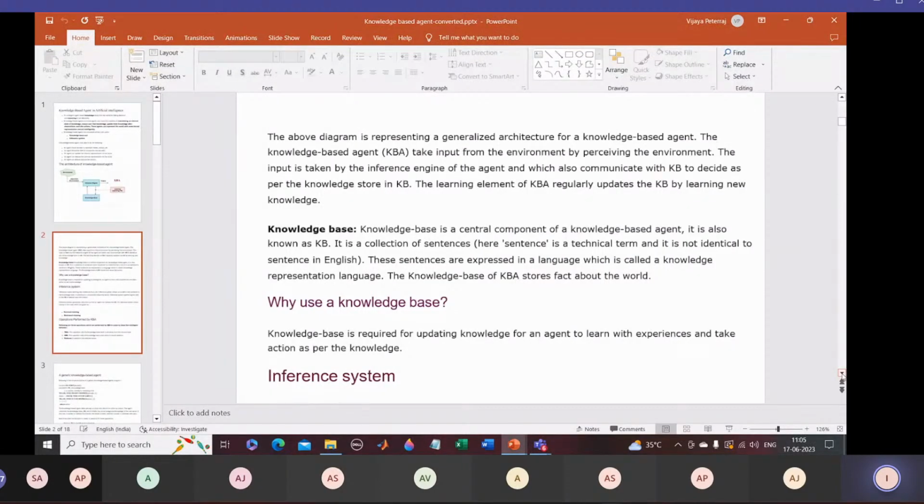It also communicates with your KB. Okay, it's because it has to look into the knowledge stored in the knowledge base, and the KBA will regularly update this KB by learning new knowledge. So what is the knowledge base? It's a central component of your knowledge-based agent, also known as KB. It's a collection of sentences, and they are expressed in a language which is called the knowledge representation language. The KBA will always store the facts about the world. So why are you going to use a knowledge base? So this is required for